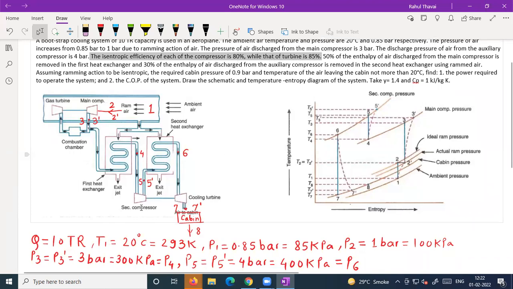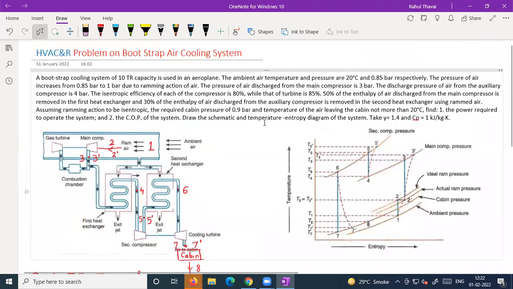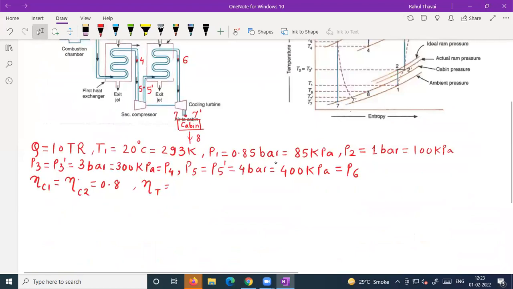So that thing I need to write down now. Efficiency of compressor 1 is 80%. Similarly, efficiency of compressor 2 is 80%. And the efficiency of the turbine, as you can see, is 85%. It is mentioned in the problem. Next,